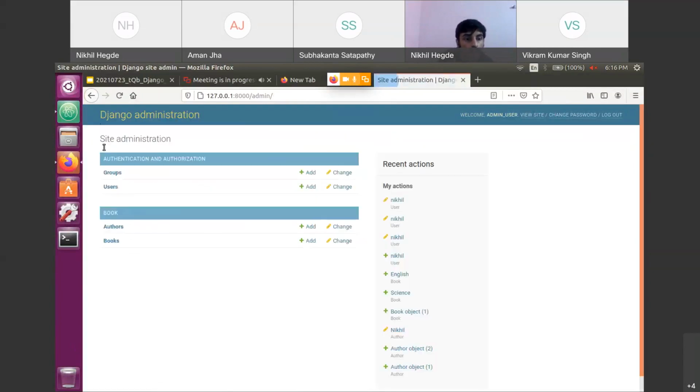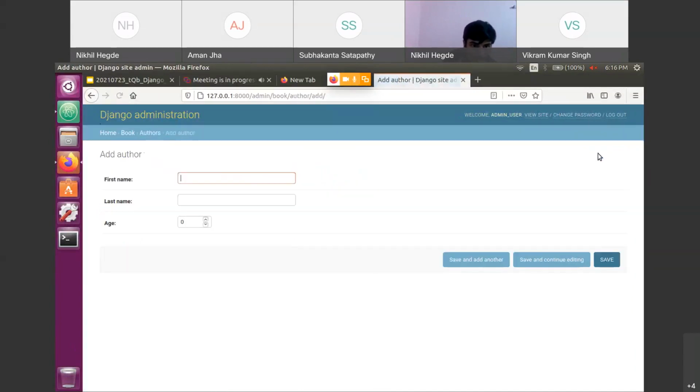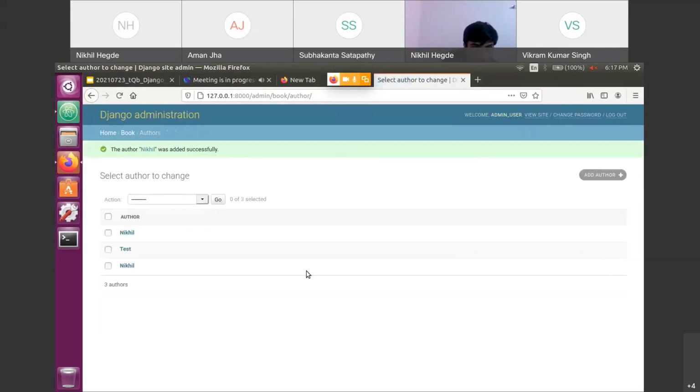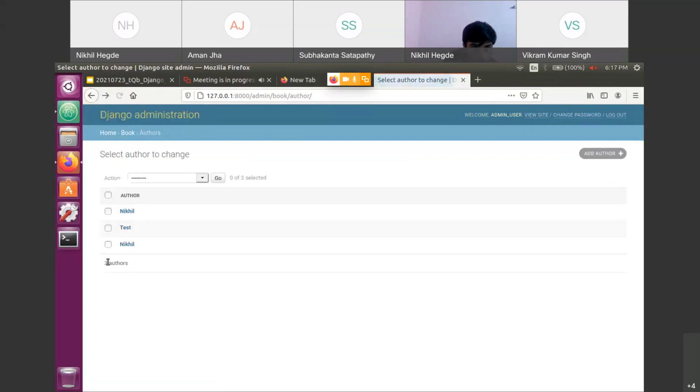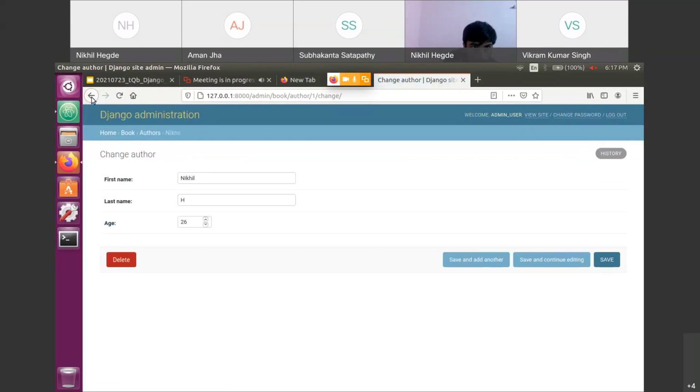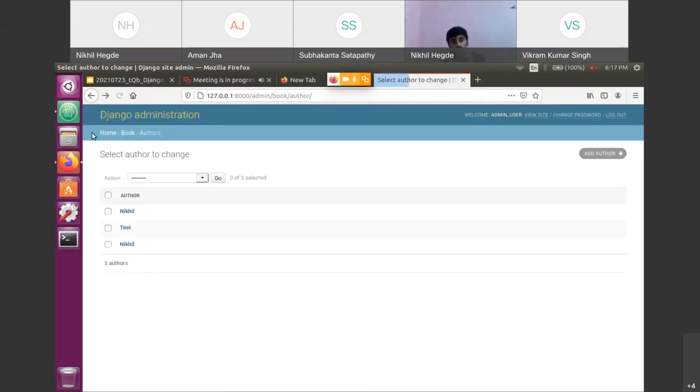So assume that there is one more author with the same first name, Nikhil, and the last name is different. I'll keep A instead of H. These two are different authors having the same first name. This author has first name Nikhil and last name A, and this author has first name Nikhil and last name H.